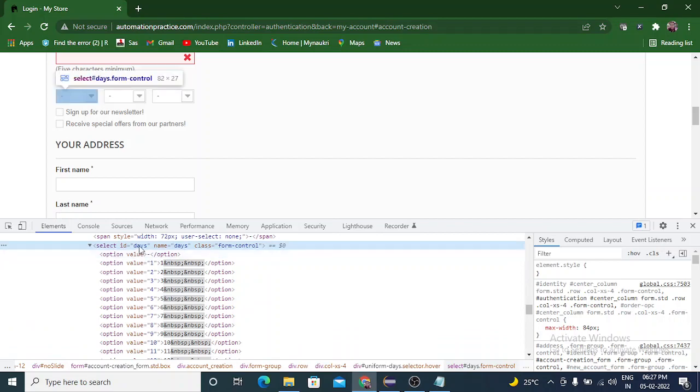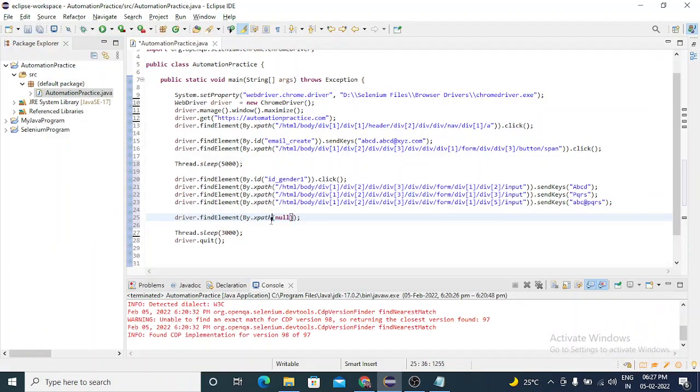Or you can copy the ID. The ID is over here, so let me copy the ID. It should be in double quotes.